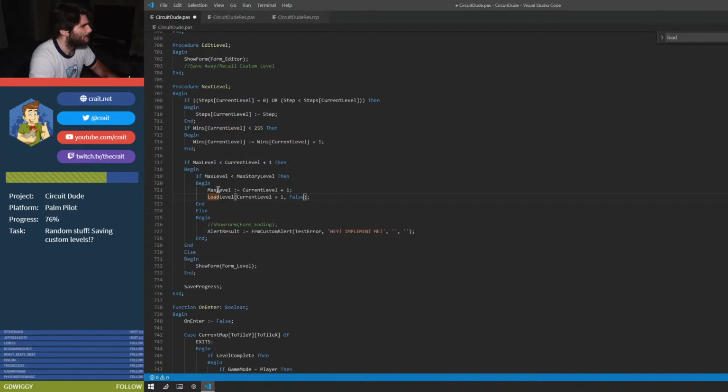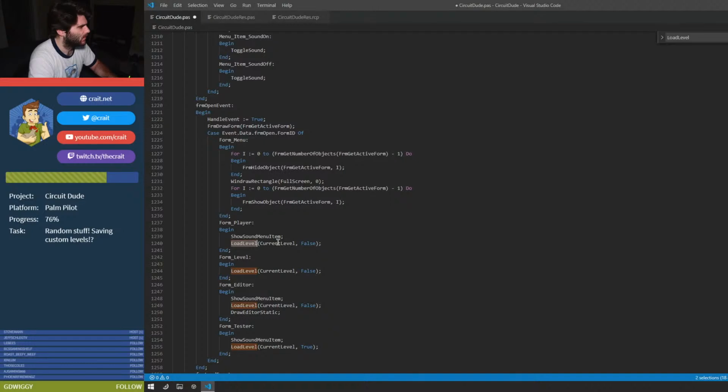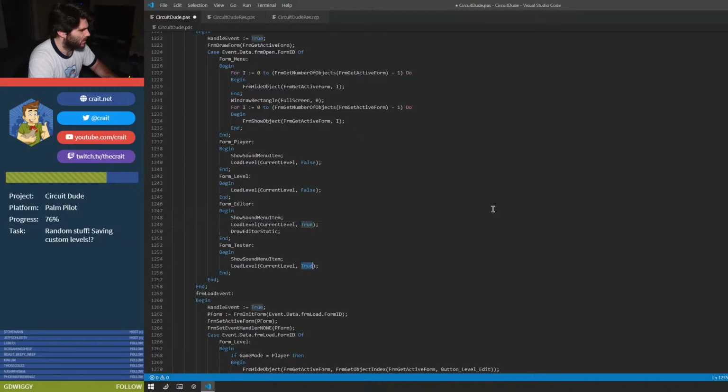Okay, that's fine, because you don't ever go to the next level whenever you're in a custom level. So if you're in form editor, then true, form tester, true,